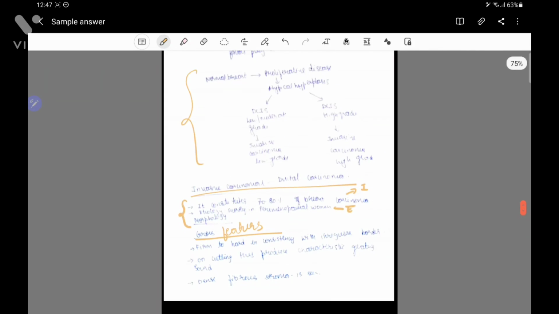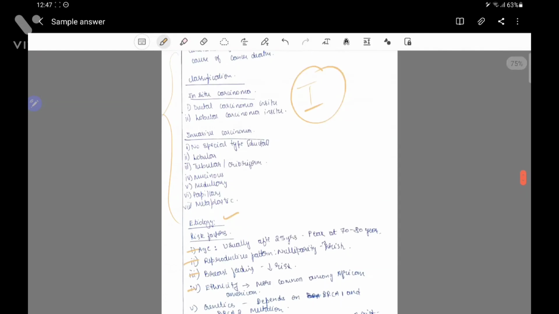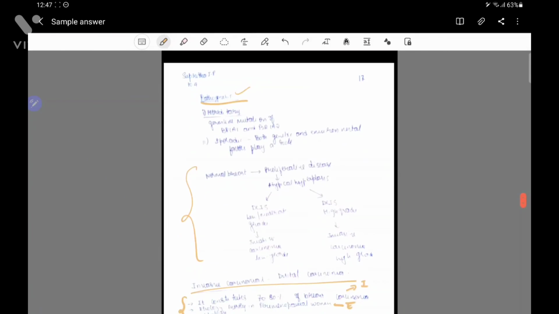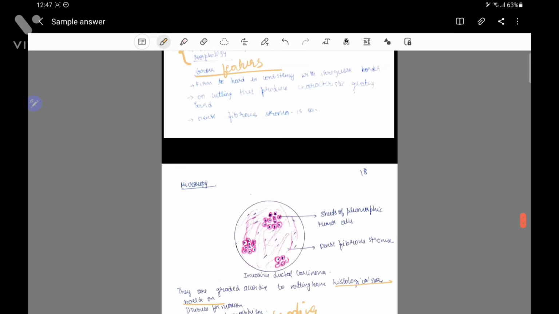You can clearly see that I have written this when I did not have any time, but just because I have classified things into various headings and subheadings, it looks like I have written more. Okay, and it looks like I have covered a lot of things. So if you guys are also able to do this while you're writing an exam, it's going to help you fetch a lot more marks.